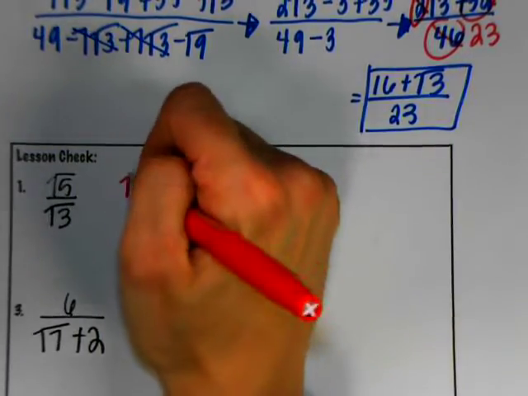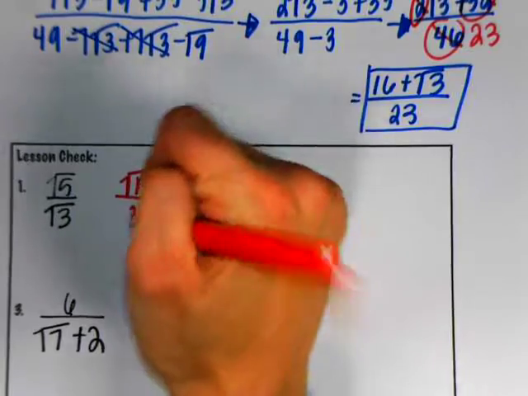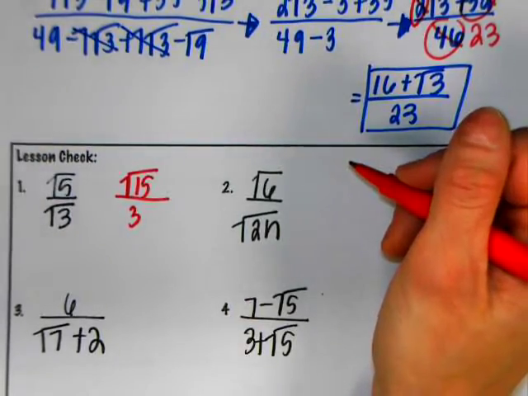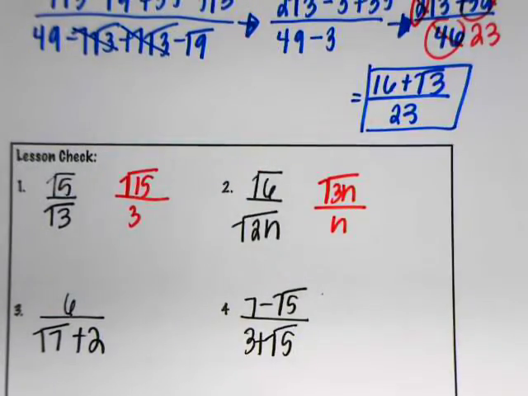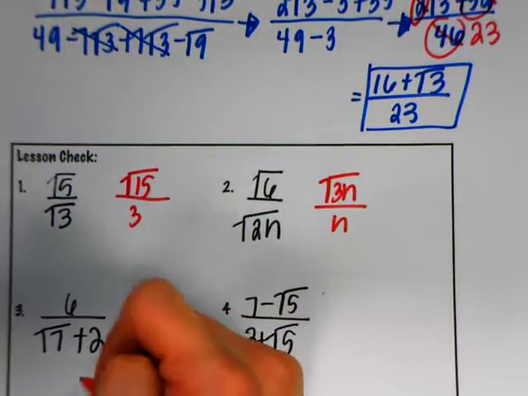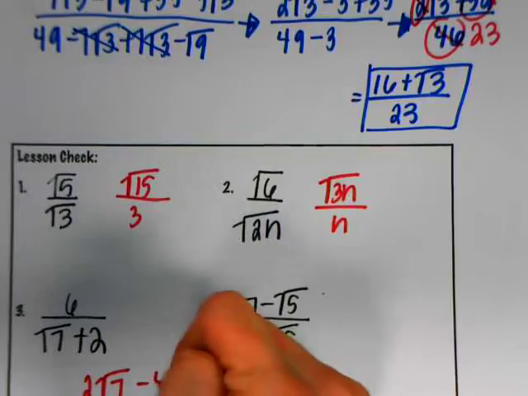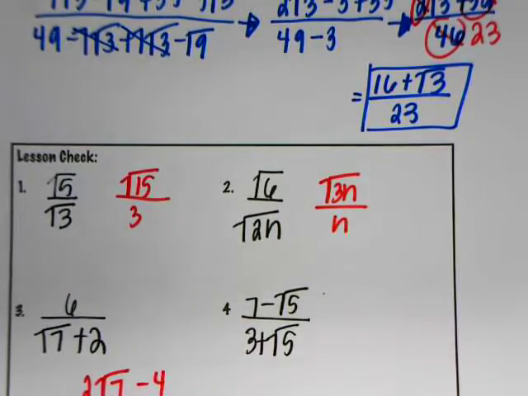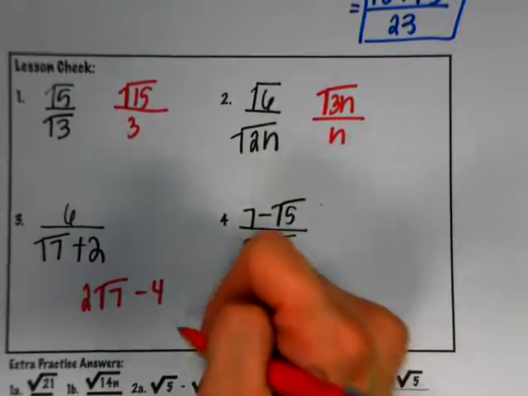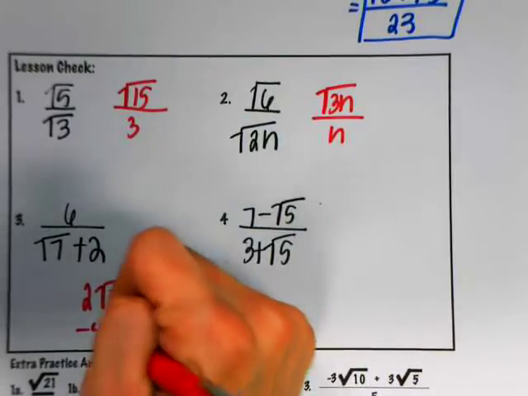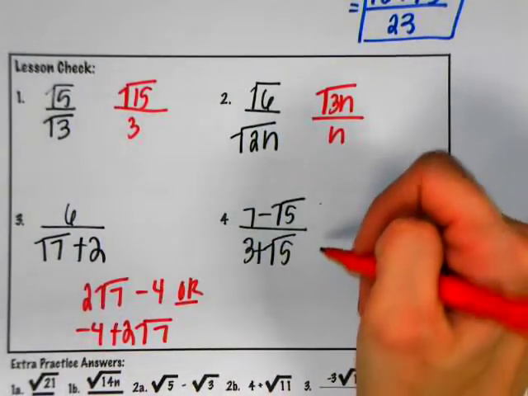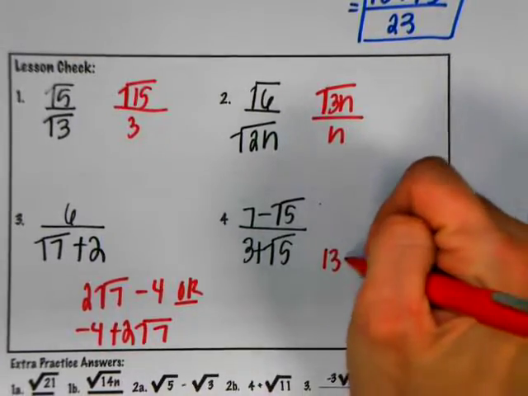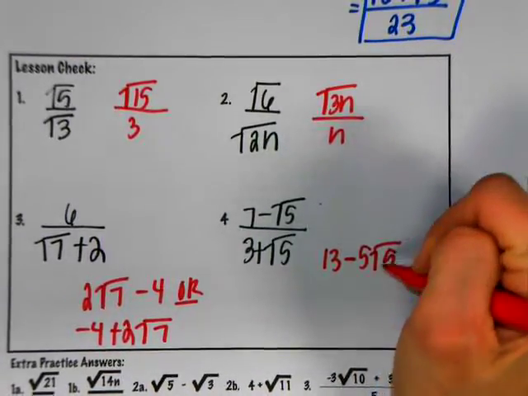So for 1, you should get radical 15 over 3. Number 2, you get radical 3n over n. Number 3 is 2 radical 7 minus 4, or negative 4 plus 2 radical 7. Here, I'll write both of those. And then number 4 is 13 minus 5 radical 5 over